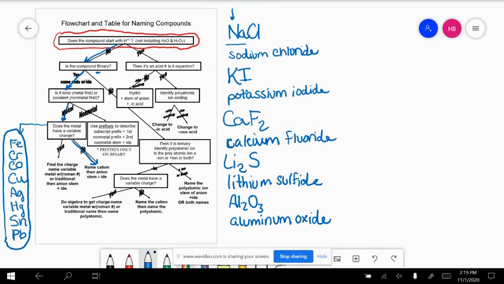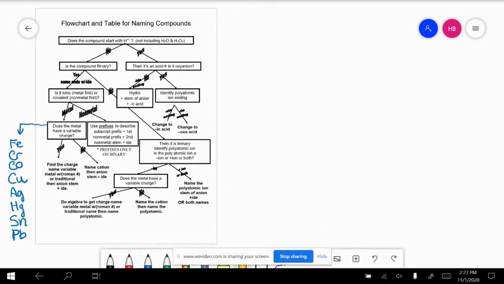And this is how we name fixed charge metals in binary ionic compounds. Now let's learn how to name compounds that do have a variable charge metal in them. So we'll start again up at the top here. Let me pick a compound. How about